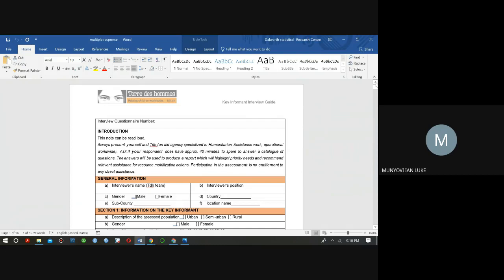You don't even paraphrase or add more things to the question. That means you are leaving the respondent on their own. They fill that questionnaire as per their opinion. But with a key informant interview guide, there's a way you can guide and explain further.